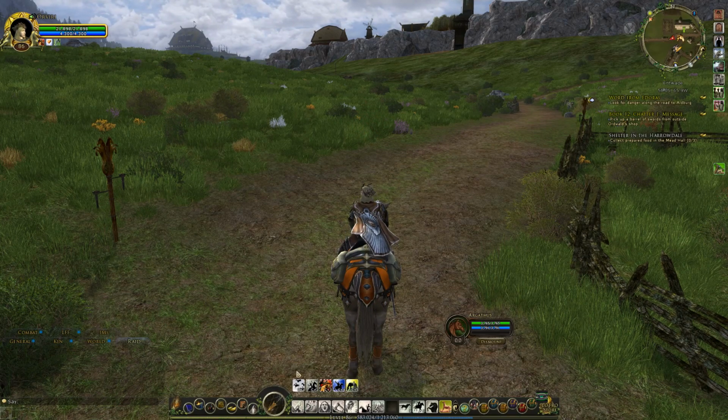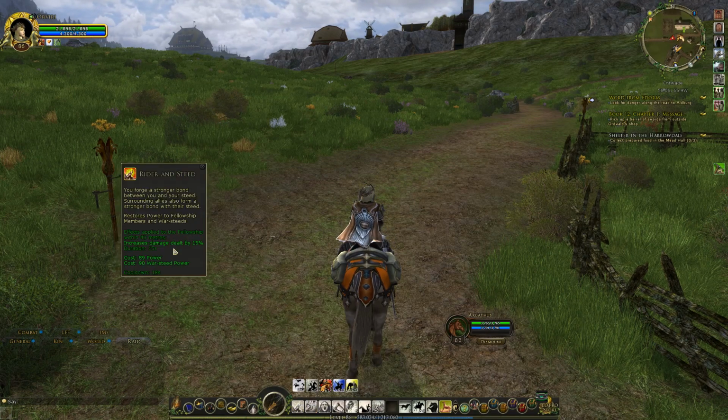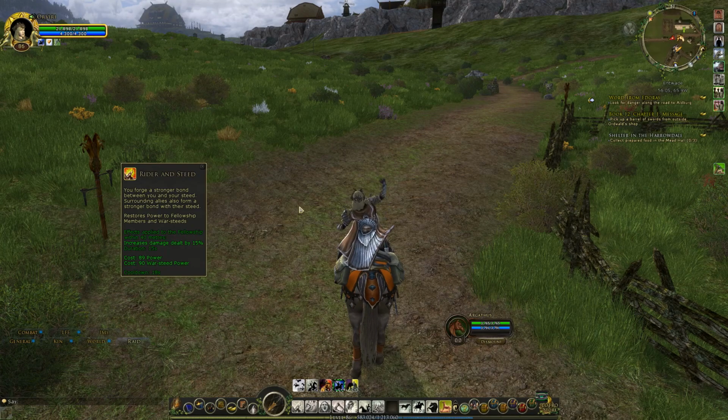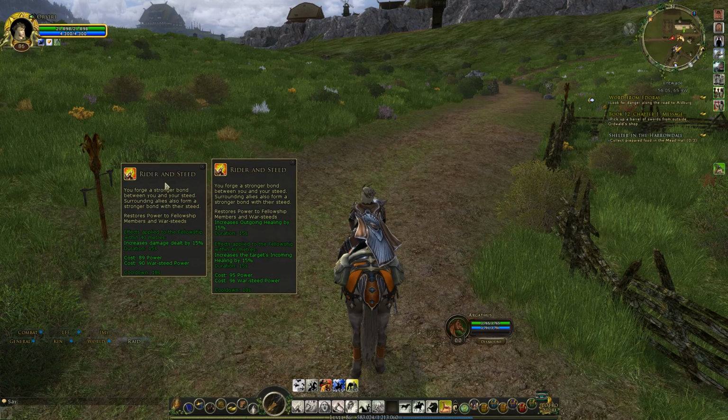If I go here and look at my skills, so I'm going to put this up here. So in red, this is what my skill does. Okay, it increases damage that I do by 15%, and as well, obviously, effects applied to my fellowship. Okay, now if I switch mid-combat to blue, now suddenly this skill does not increase damage by 15%. It increases the target's incoming healing by 15%, and restores power to the fellowship members and War-Steeds, and increases outgoing healing. Now if I go to yellow,